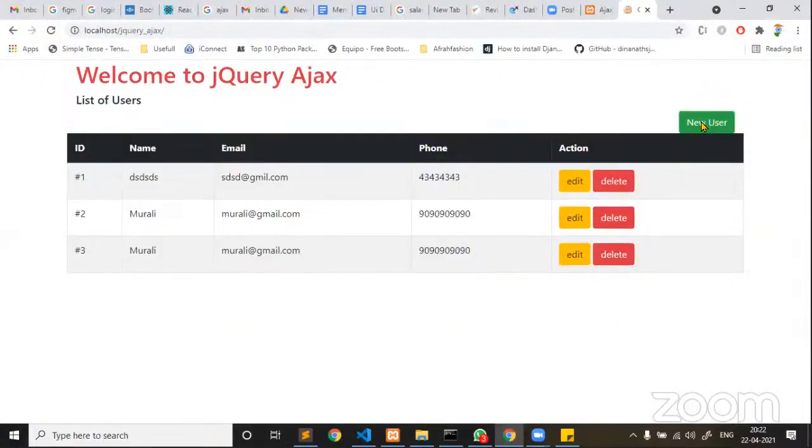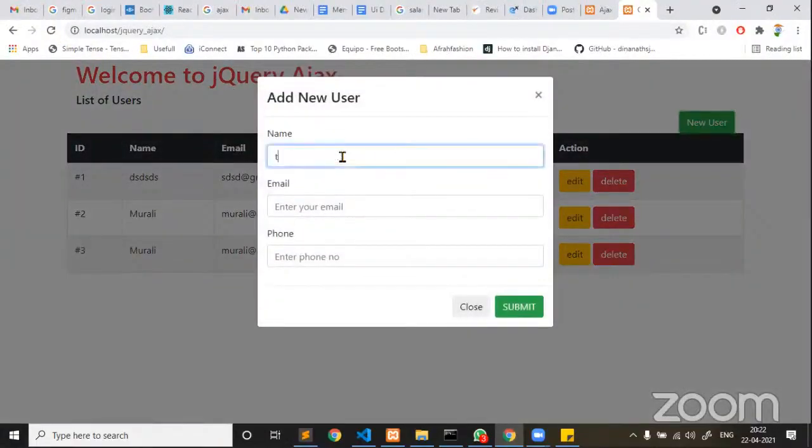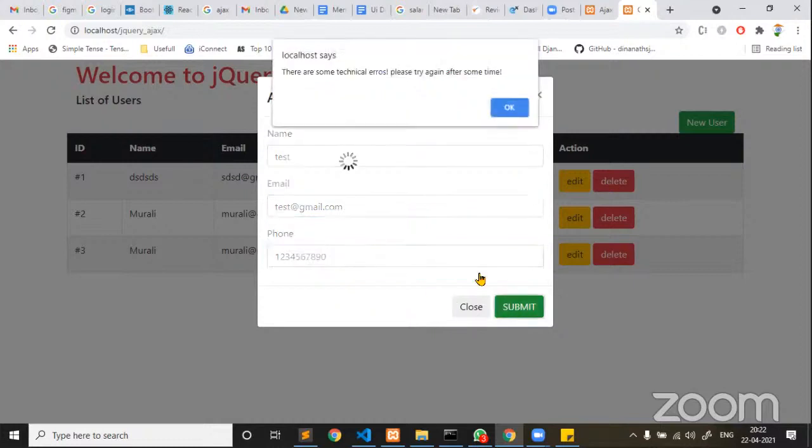Now reload. On click of new user, I am adding a test user, test@gmail.com, and 1 2 3 4 5, some numbers. On click of submit, you see here the loader is displaying.